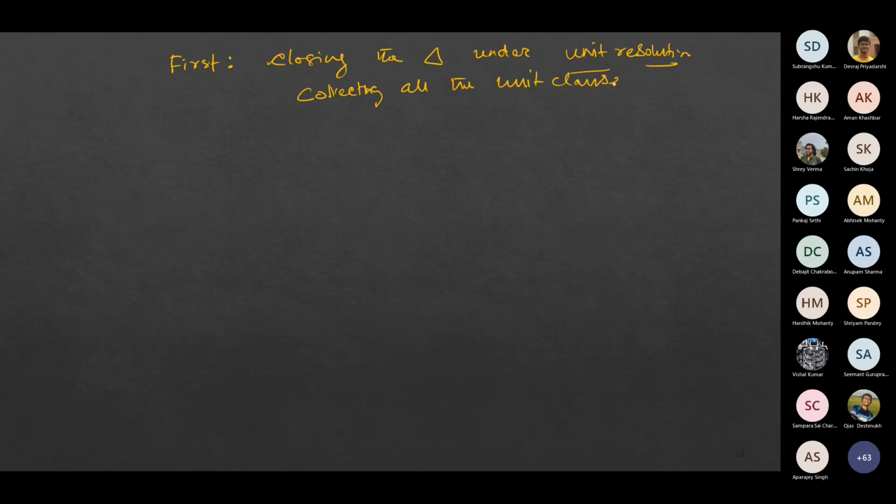And what is the motivation? Because these unit clauses have to be made true. I do not have any other choice. And then finally, whatever we are remaining with, we'll be performing a check for success or failure. So we define two things. One is I. I is basically a set of literals